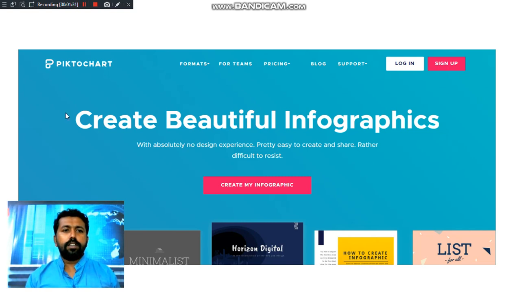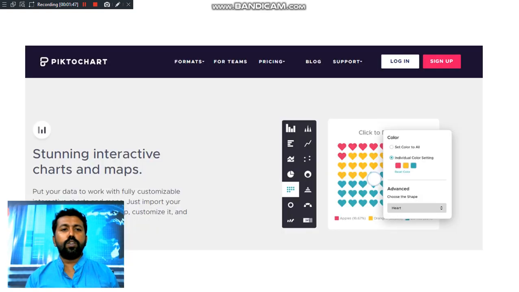So using tools like PictoChart, you can create colorful infographics. Just click on Google and search PictoChart. You will get it. We can change very easily; different types of formats are there.